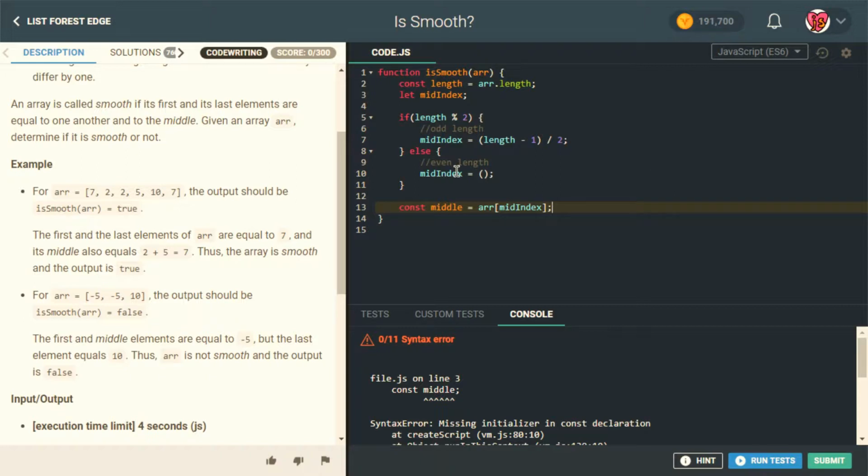Great. Cool, and that way we can use a constant for middle because it makes sense, right? We're not planning on reassigning middle, it's going to have a constant value. So yeah, I think that makes sense. All right,